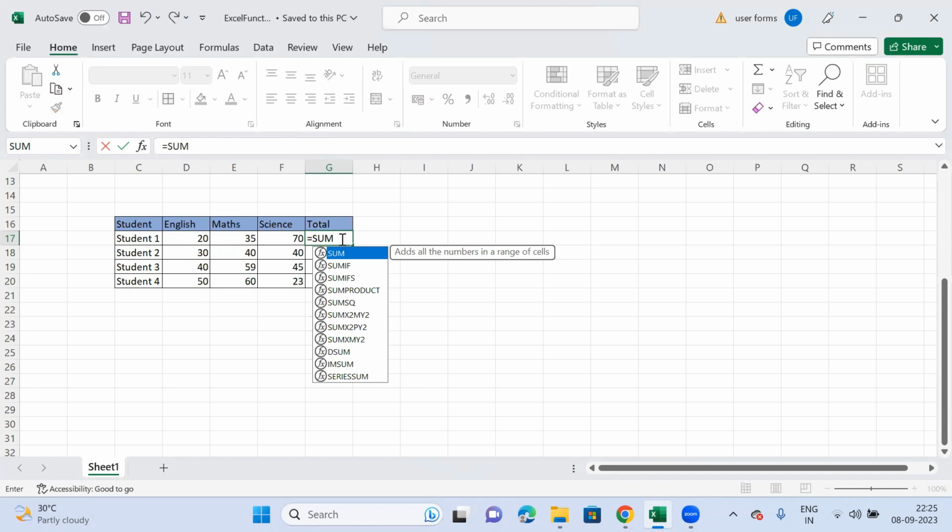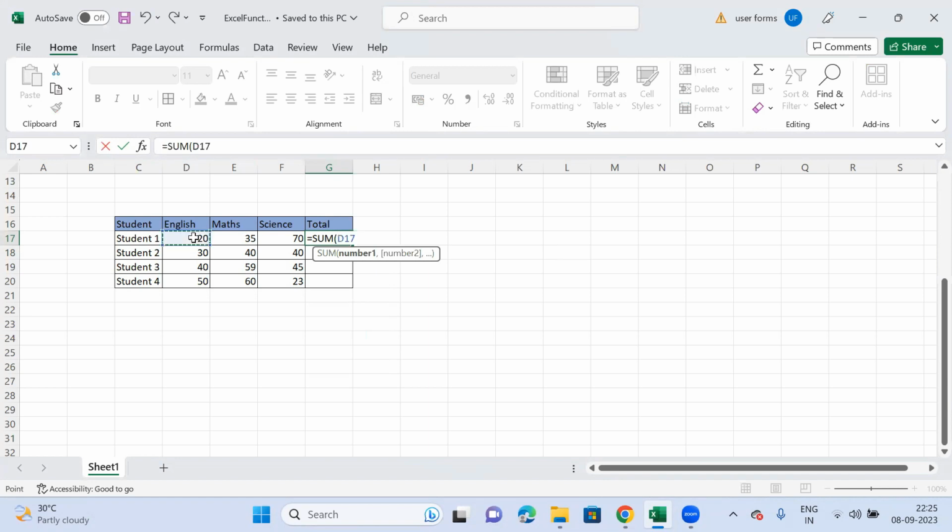Now what we need to do here is open the parenthesis, and you will see the parameters as number 1, comma, number 2. It will continue till 255 numbers, that is, we can add 255 numbers in one stretch. Okay, so now I'm going to select the first one, that is the English marks